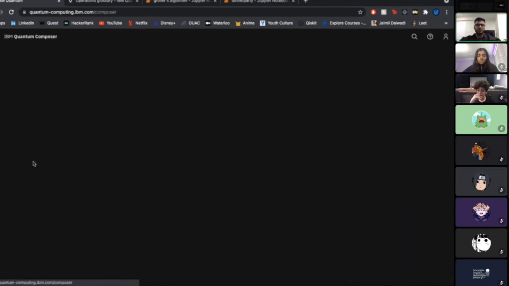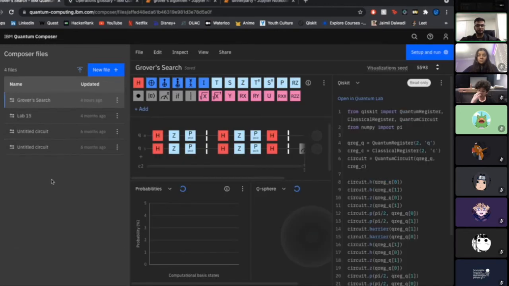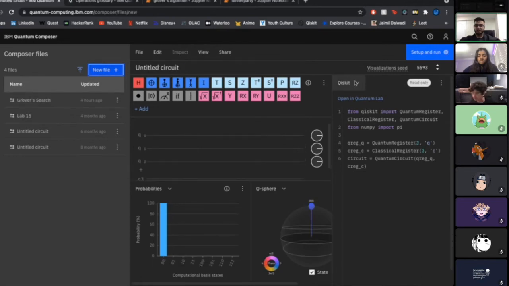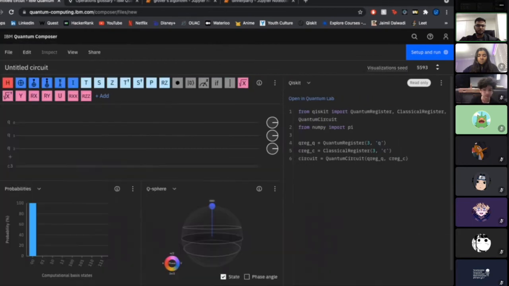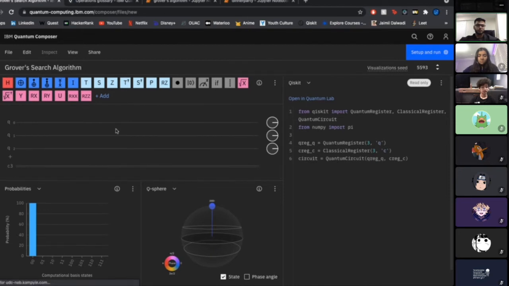So we'll make a simple algorithm today in Quantum Composer, so make sure you hit that. This is what we're making today. I know it looks very complicated, I guess, to you guys, but we're just going to hit new file first, and I'll explain what's going on here. Okay. So this is your composer, and basically here you have the name of your circuit. I'm going to call it Grover's search algorithm. And hit enter, and here you have a bunch of different blocks you can use.